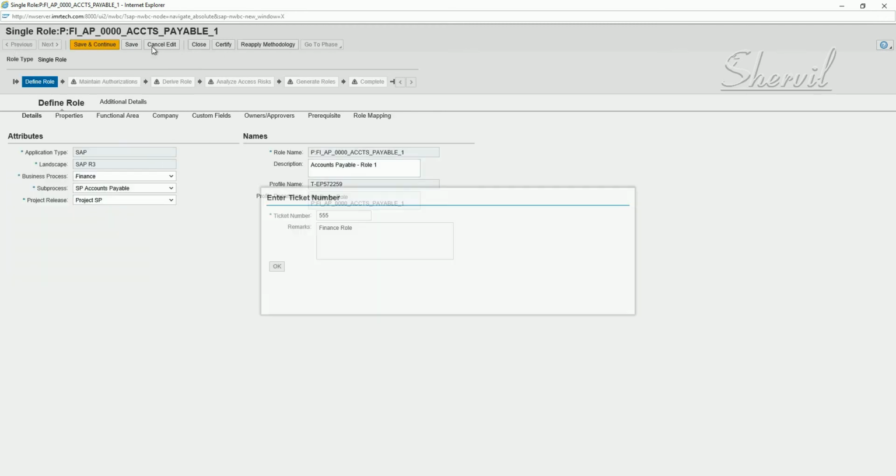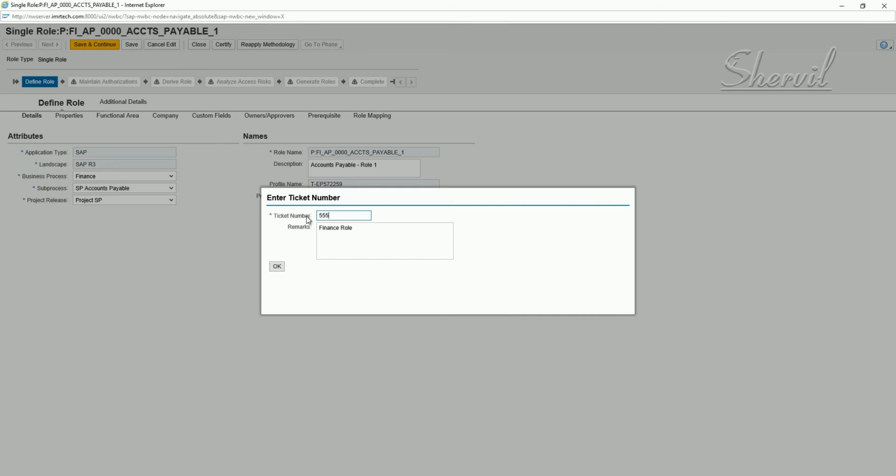and click on edit. Let's say this is the ticket number, let's say 1, 2, 3, 4. And let's say derived roles.